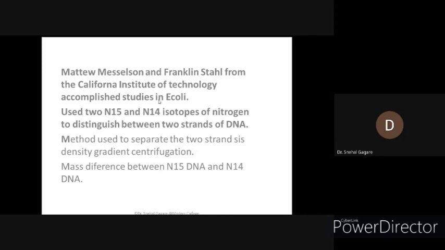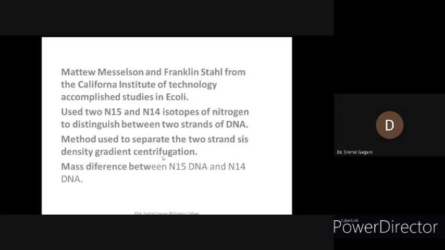The first thing is to distinguish between the two strands, and the second thing is also to separate the two strands. They used density gradient centrifugation. If we have N15 nitrogen containing DNA, that is, heavy isotope containing DNA, there is a difference in mass between N15 DNA and N14 DNA. The difference is only 1.2 to 1.3%, but using density gradient centrifugation, we can very easily distinguish between